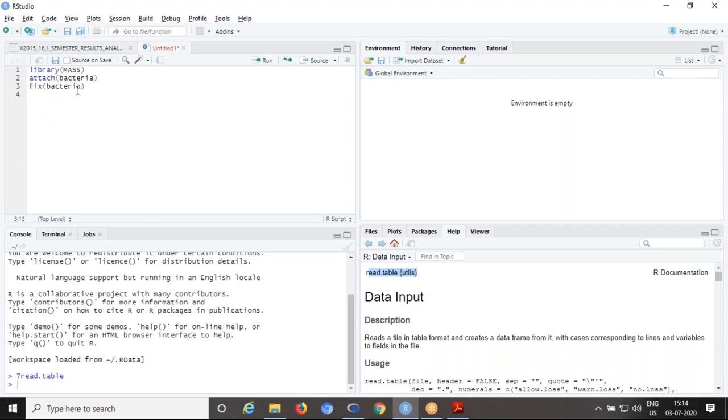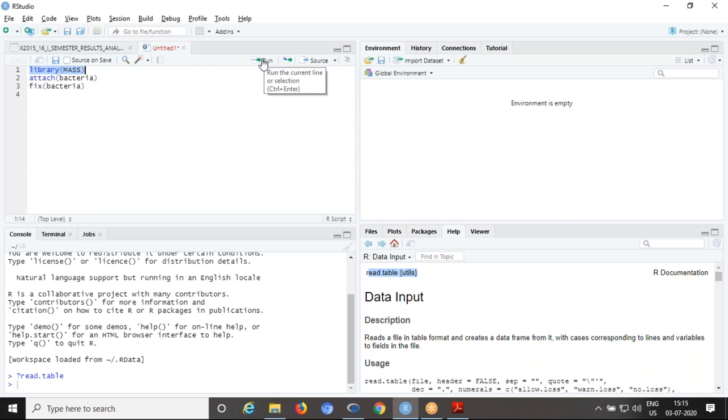Now the 3 functions are typed here. If you want to execute one by one, see what I told. Select the first one, library of MASS. Here you can see this is the run button. This is a GUI window, so using menus also you can run, whereas in the R console it is not possible. Only commands we have to use. So use run or Control plus Enter. Here it is showing run the current line or selection.